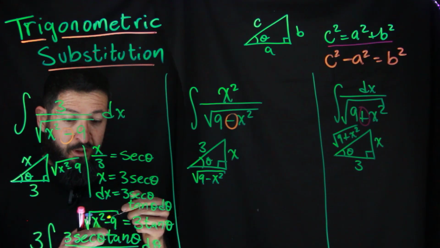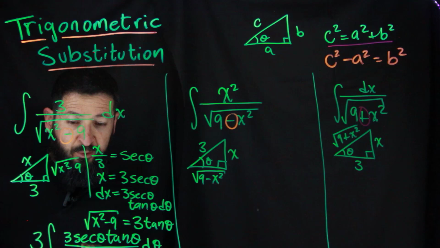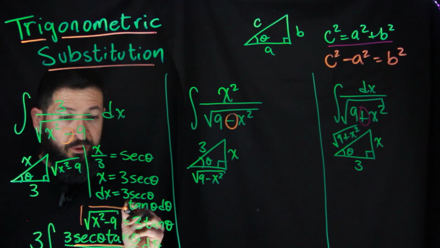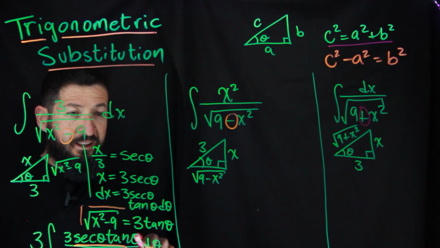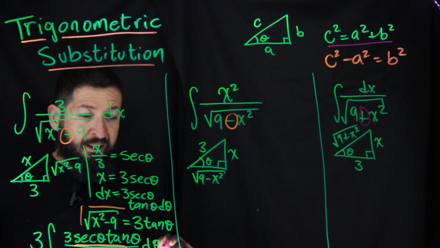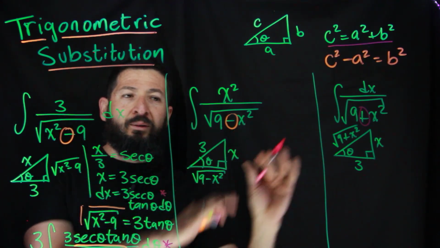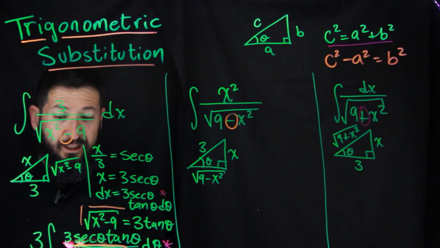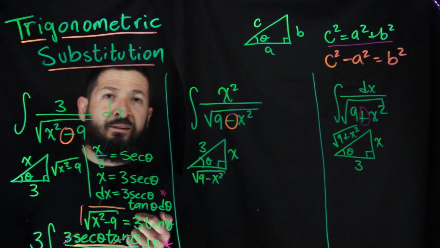And so, where do things come from? This right here is this square root here. And the numerator, 3 secant tangent theta d theta, that comes from my dx. It got a little cramped, but I wanted to show you the 3 examples in the same space. Notice that then the 3 and the 3 cancel, tangent and tangent cancel, and this gives me 3 times the